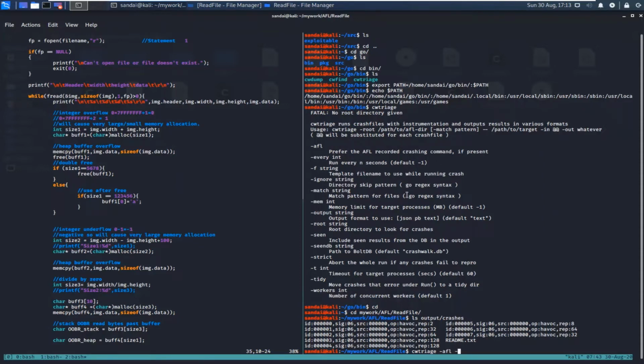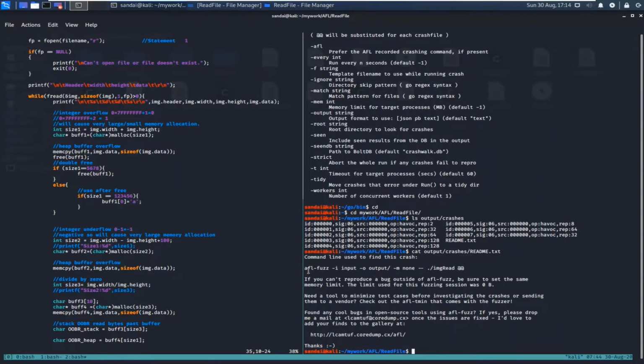Then we will give the root, so we need to give the path of the root. In this case I am giving the output folder, because output is the folder which contains all my afl data. Before that, you can see that there is one readme.txt file, and if you read that file, you can see that it contains the command, in output crashes readme.txt.